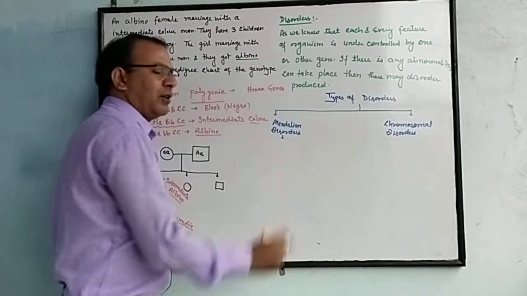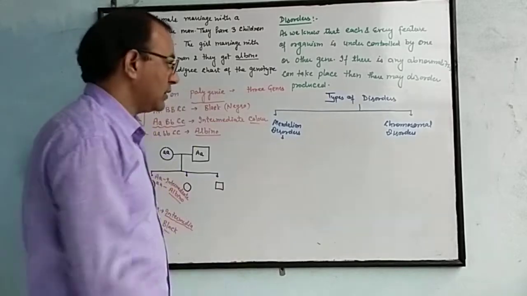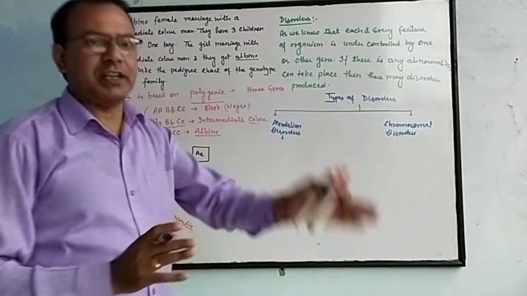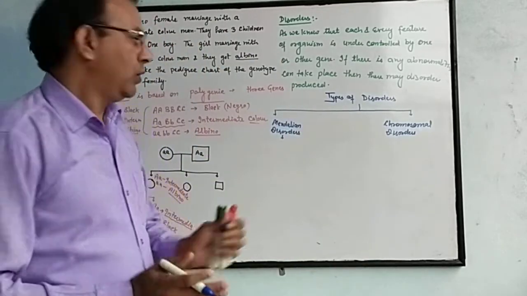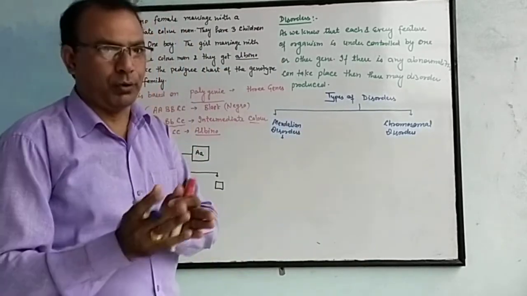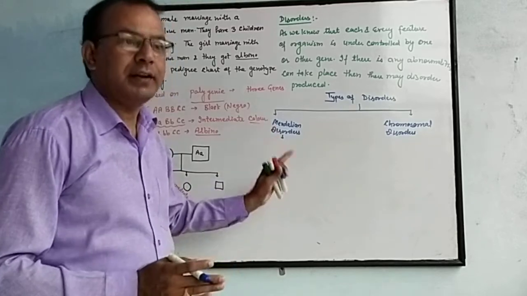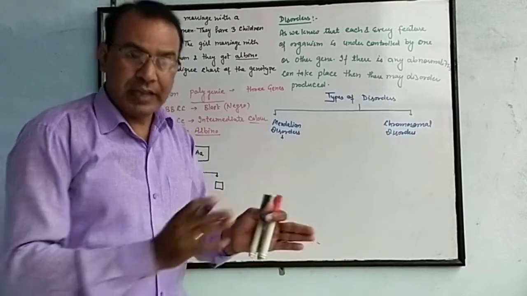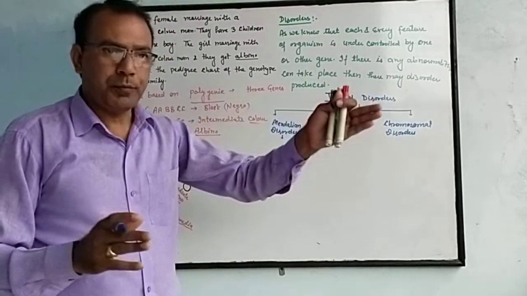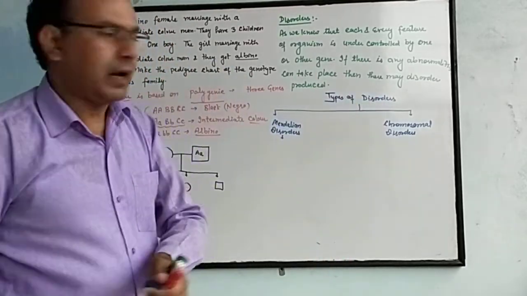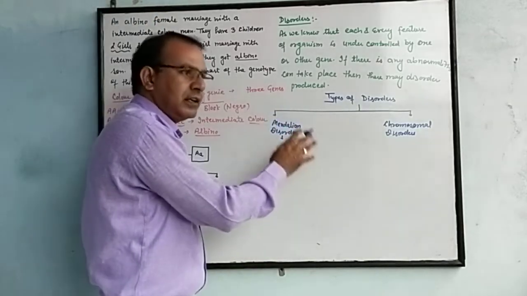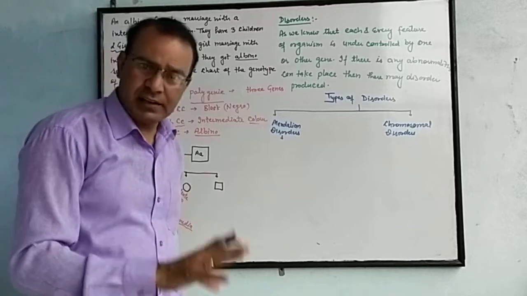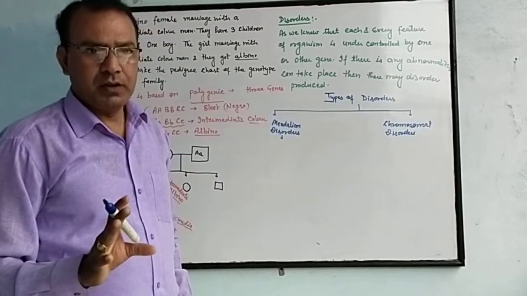Mendelian disorder. Why are they known as Mendelian disorders? Because according to Mendel, some disorders transfer from one generation to the next generation, so they follow the inheritance rule. So these are called Mendelian disorders. If any mutation is caused in a gene, then this mutation may be transferred from parent to offspring, and so these are called Mendelian disorders. Mendelian disorders may be sex-linked or autosomal.